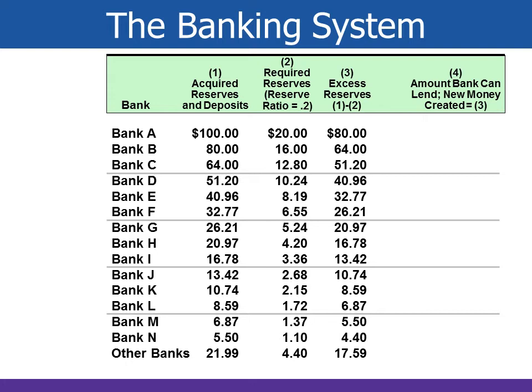If we're trying to figure out how much new money the entire banking system can create when a new deposit is made at some bank, we have to make two important assumptions. The first one is that banks lend out all excess reserves. In other words, banks do not hold or hoard excess reserves. That's typically a safe assumption, especially during good economic times, because this is how banks make money. They make money by lending out money and charging interest. So the first assumption is that banks lend out all of their excess reserves.